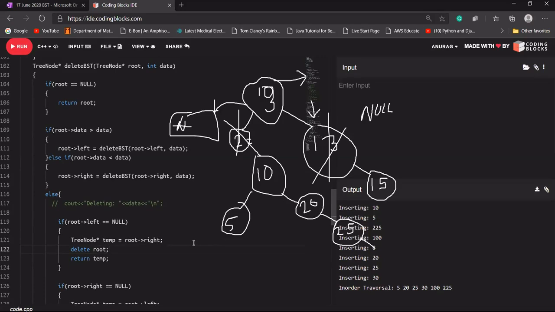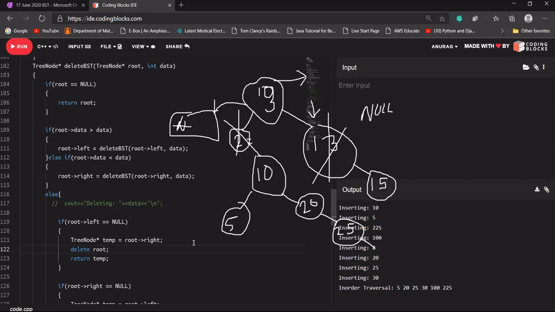One more thing is still left. What is the time complexity of this code, meaning insertion and deletion in this BST? Sir, is there any kind of function in STL or do we have to implement it for what we are talking about? We are talking about the BST. For BST, you're not having any STL. STL has not provided us the BST. So I'm asking what is the time complexity of these functions, insertion and deletion.